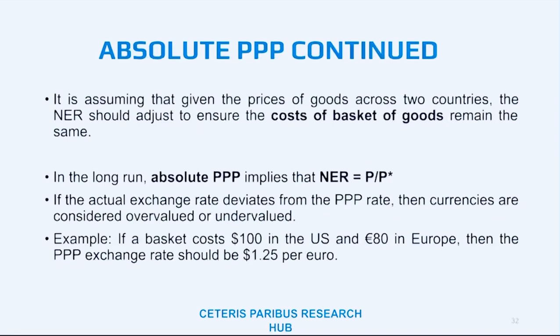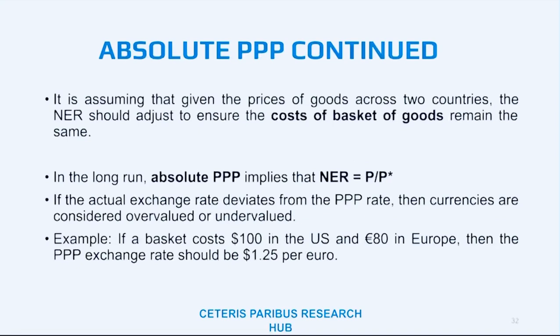For instance, if the actual exchange rate exceeds the PPP, then it means that particular currency for which we determine the PPP is overvalued. If the actual exchange rate is less than the PPP, then it is undervalued. If it's equivalent to the PPP, then it means